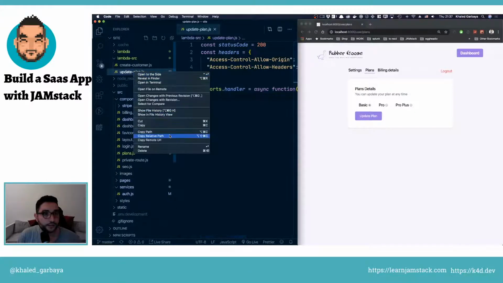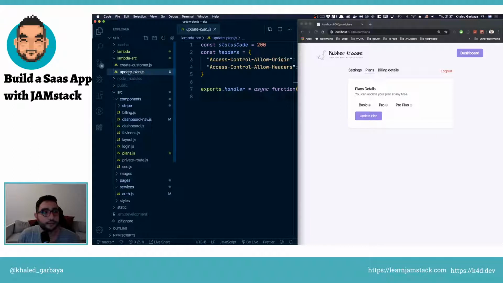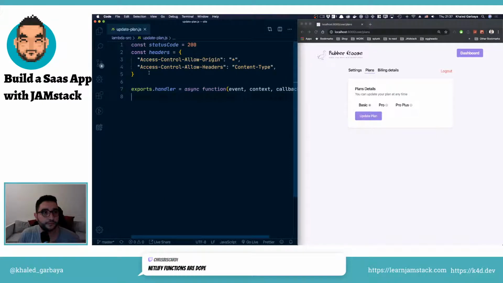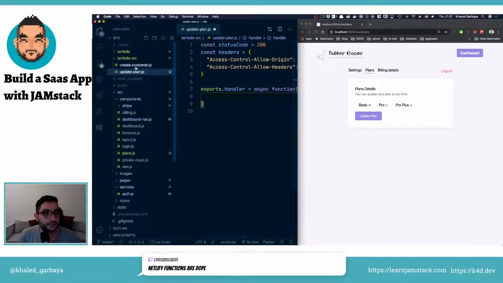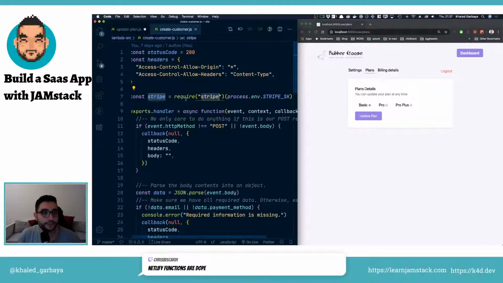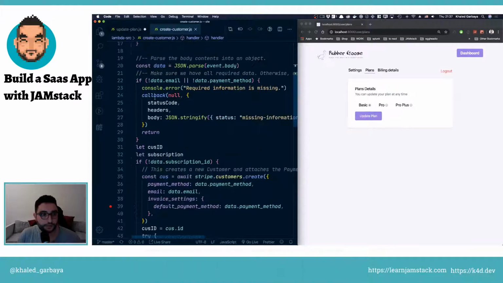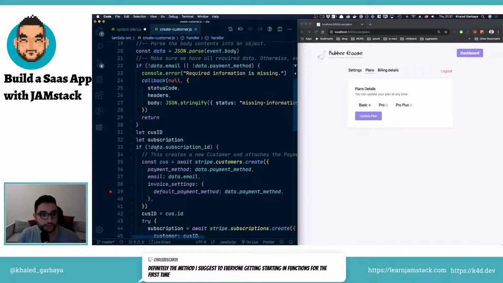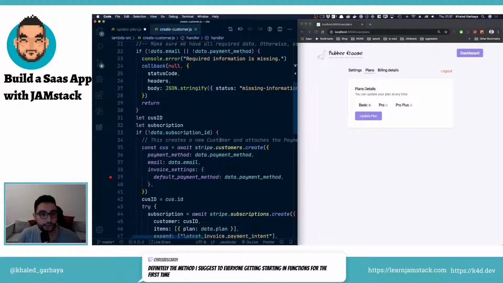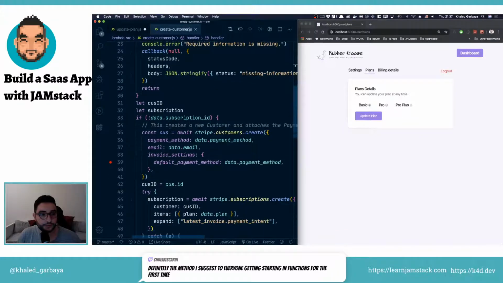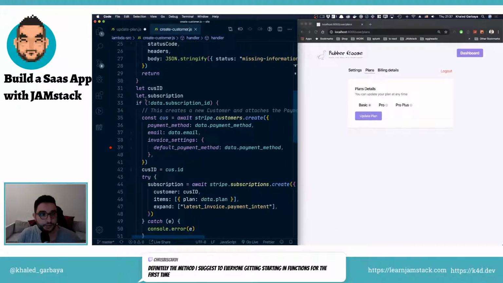And this one also. This is called update plan, so we can start from here. Let's copy some code from the create customer already. So we don't need any payment method or anything. We need a subscription ID right here. So if we don't send a subscription ID,